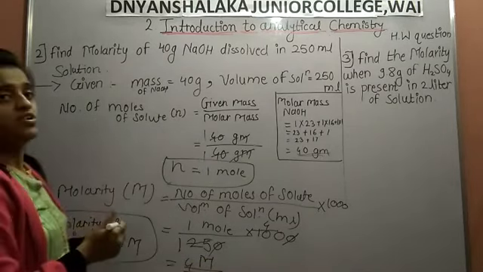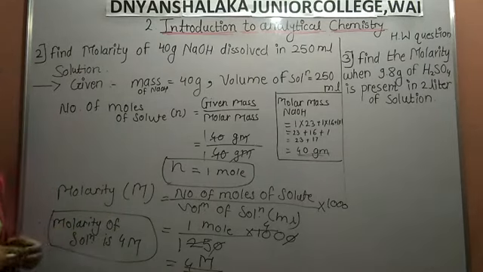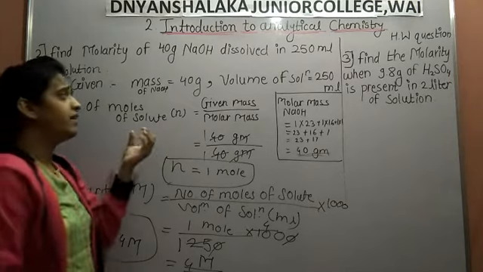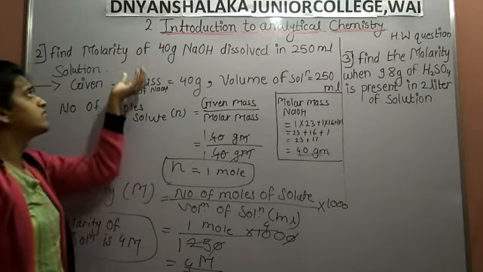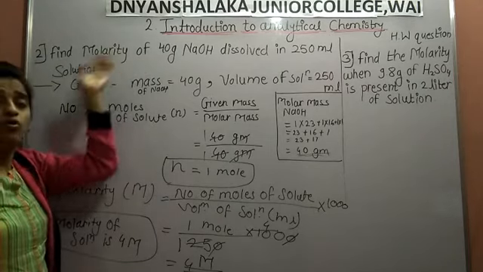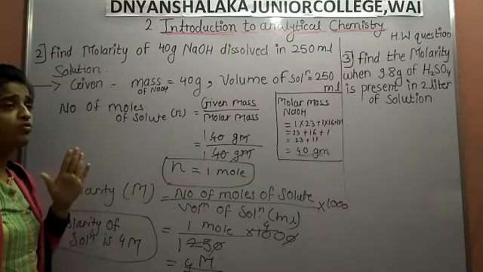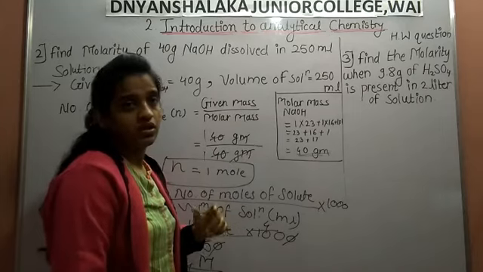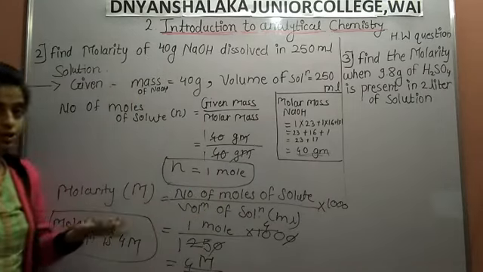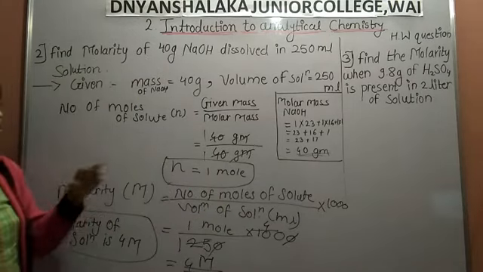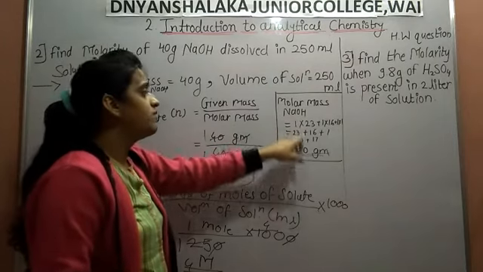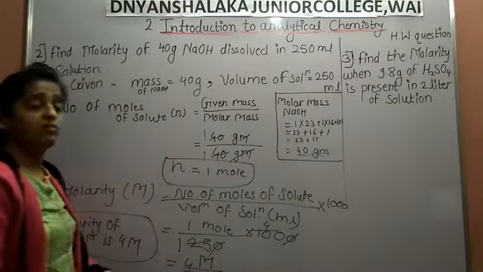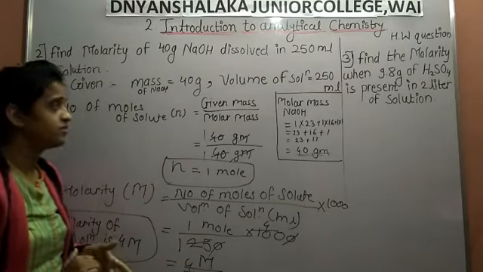This means: first read the question carefully. Next write the given values and identify which is the given value. In this question, first we are given the mass of a substance. Next we have to calculate the molar mass of the substance. You have learned the atomic masses of each element, so using this atomic mass we find the molar mass, or molecular mass, of the substance.